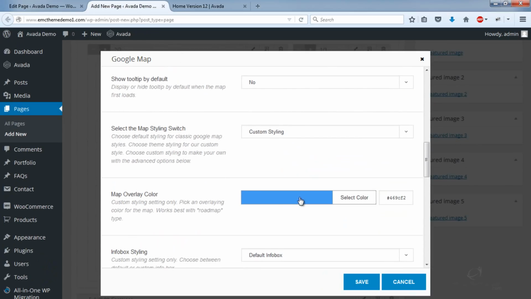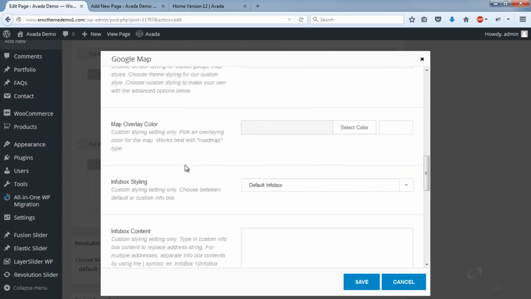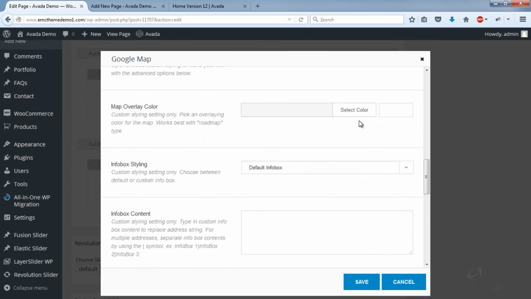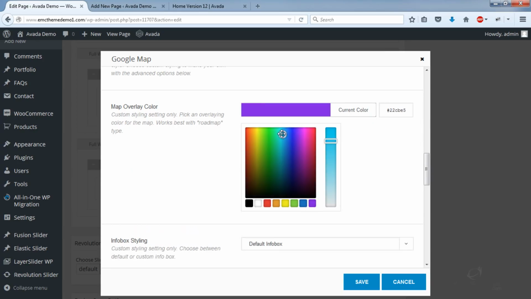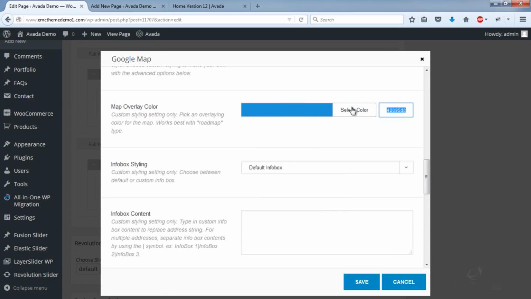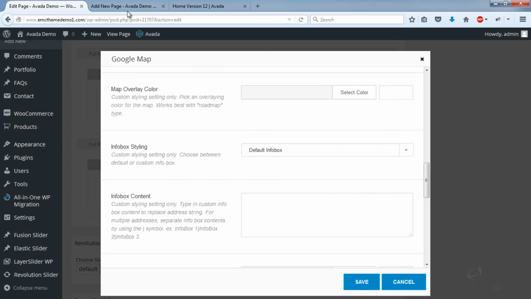Map overlay color. Now this is an interesting one. Your map's look and feel will be determined by this overlay color. So you can choose one, or you can actually leave it as blank, so you can clear this and it'll just be default. So I'll leave it as default.